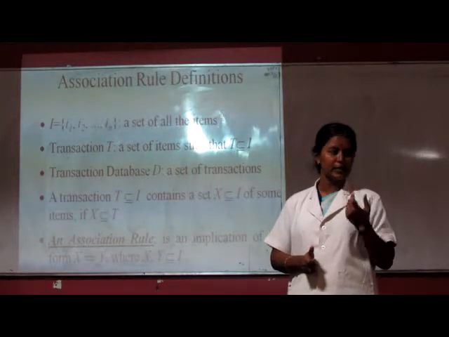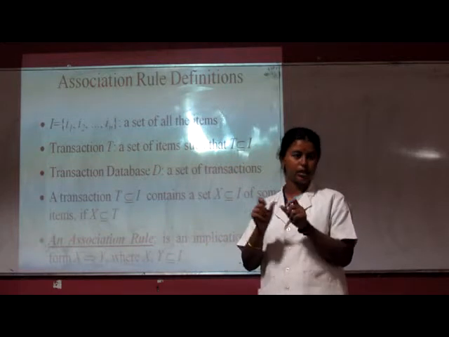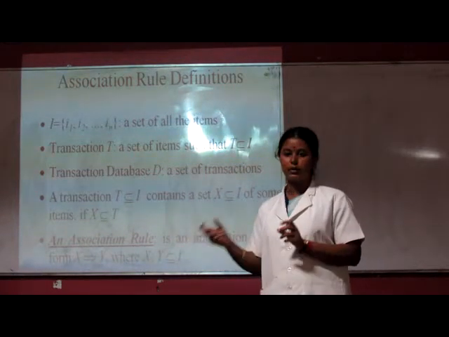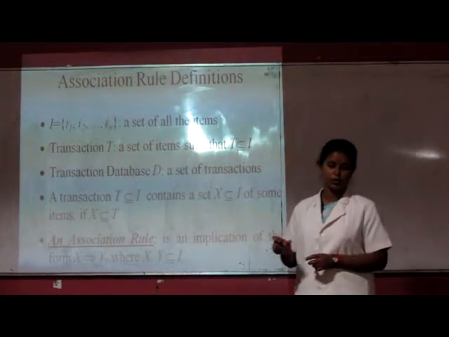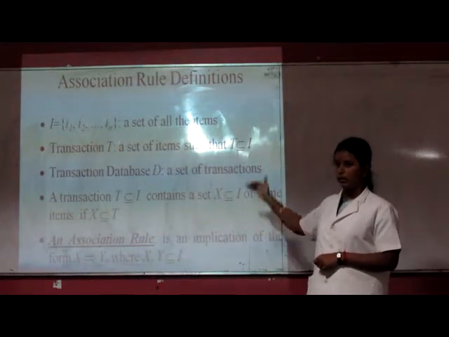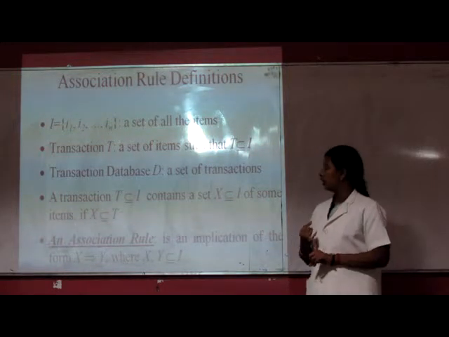If a customer is purchasing one item, he goes for the next item. So that is the relationship. If a customer buys bread, definitely he will buy jam. That is the decision I am going to make. For that purpose we go for association rules. For association rules we are in need of these categories. First one, we need an item set that consists of